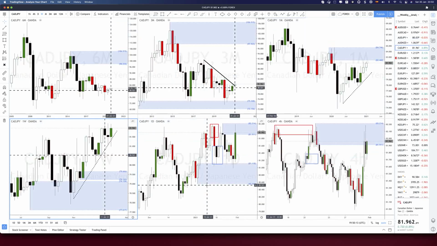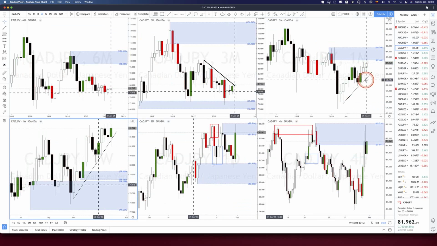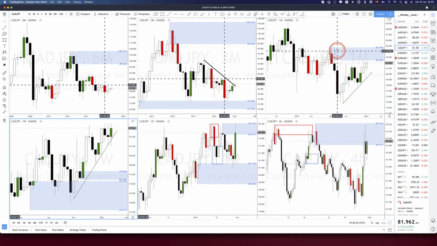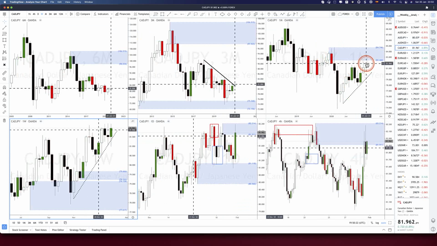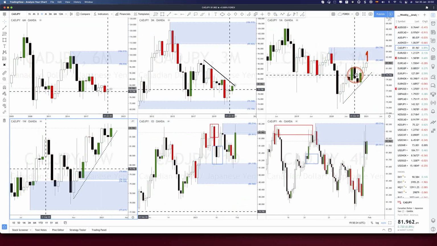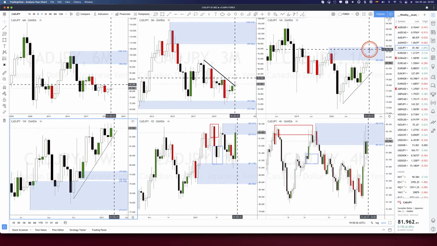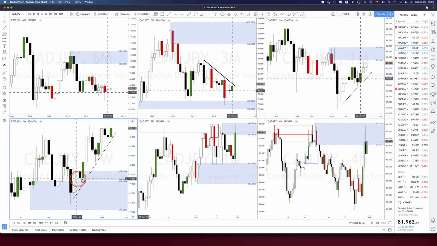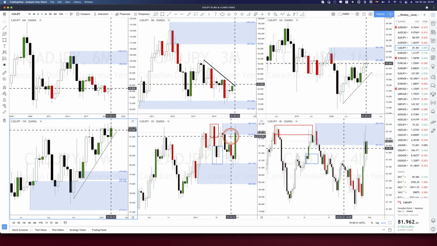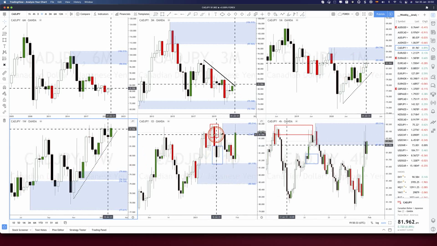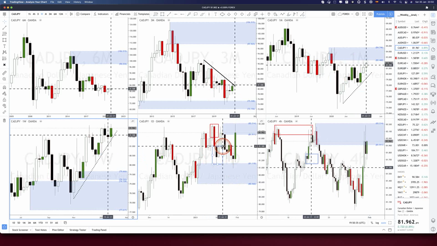On the CAD Yen, we have the monthly area of supply. This is weak supply, expecting price to penetrate the level deeper. Weekly area of demand in control, new area of demand. The daily is a little bit of a mess. Supply created, eliminated, demand created, eliminated. Both of them